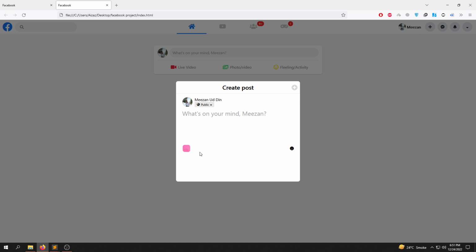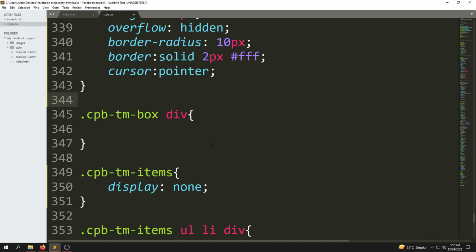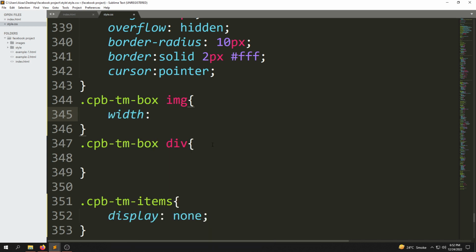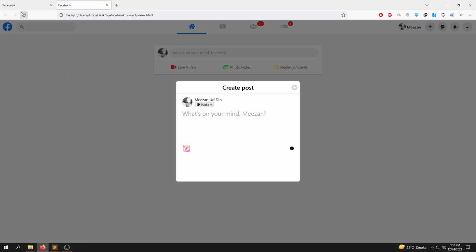Now refresh the page. Now you can see the image is larger but the div is smaller. If we select the image inside the CSS, let me scroll up, we'll say dot cpb box tm box div. Select the image, and width will be 100% and height will be 100%. That will stretch the image according to the size of the div. You can see this looks fine. So that was the old method